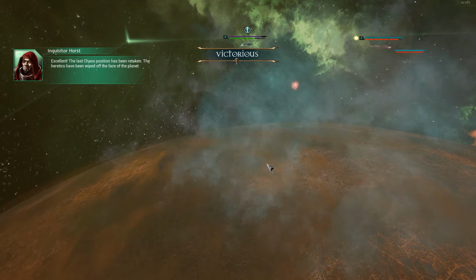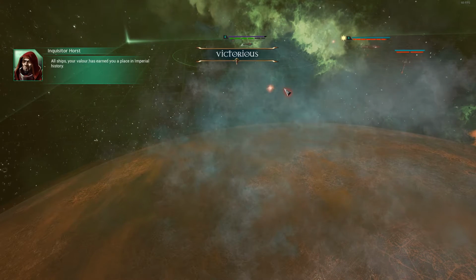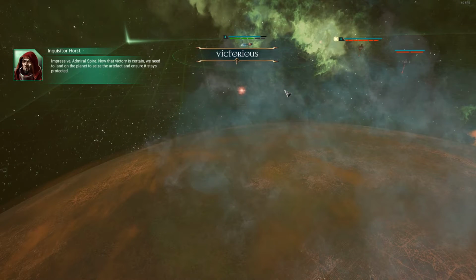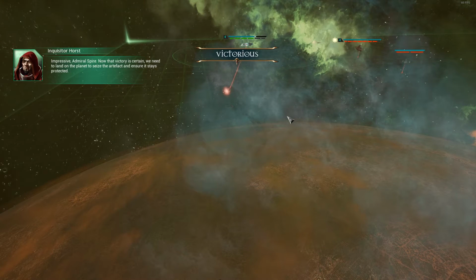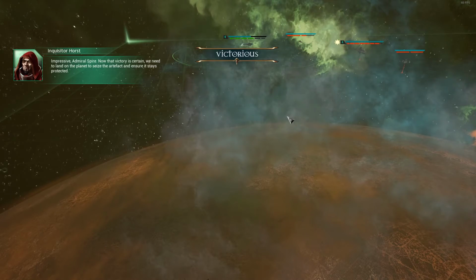Excellent. The last chaos position has been retaken. The heretics have been wiped off the face of the planet. All ships, your valor has earned you a place in Imperial history. Impressive, Admiral Spire. Now that victory is certain, we need to land on the planet to seize the artifact and